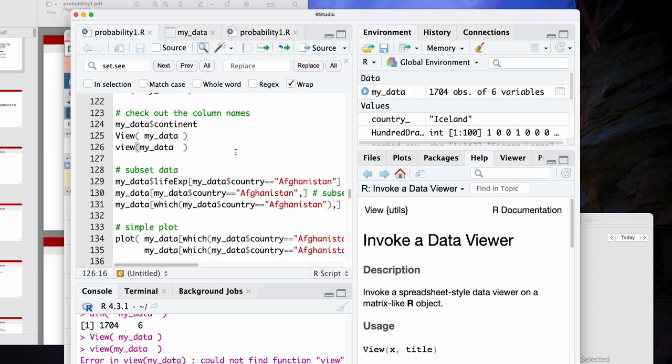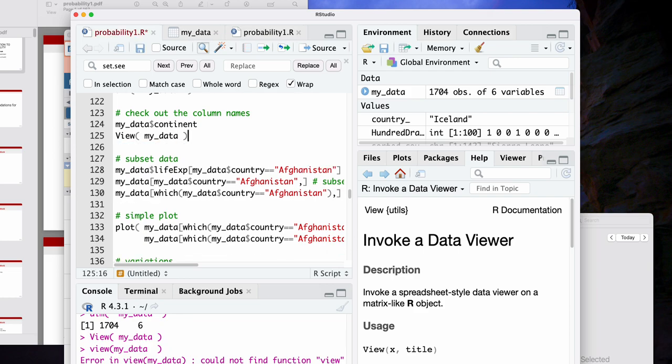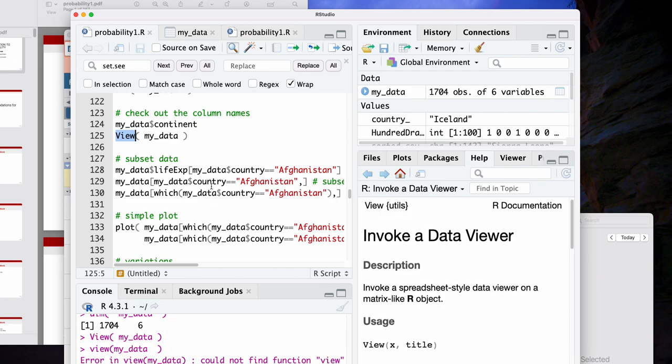There's actually a way you could change that, but in general, think about R. One of the reasons why people like it is that it has a lot of pre-built functions for you to use, functions like View. It's not like C++ where you'd potentially have to code all this up yourself. Instead, it's nice because it has a lot of these pre-built functions so that you can plug and play much more quickly, as opposed to loading in libraries and loading in this and loading in that. There are a lot of base functions from what's called base R, and View is one of those base functions. Good question.